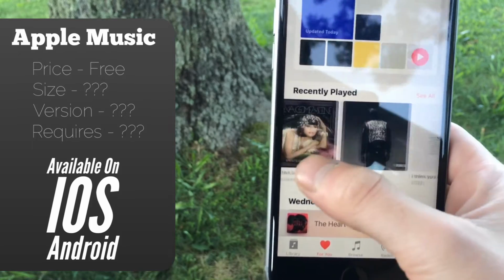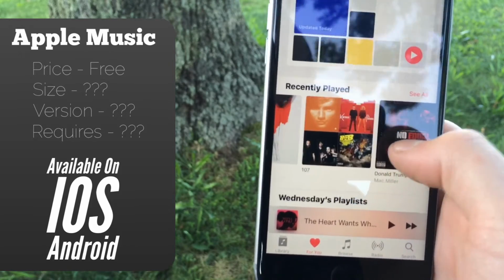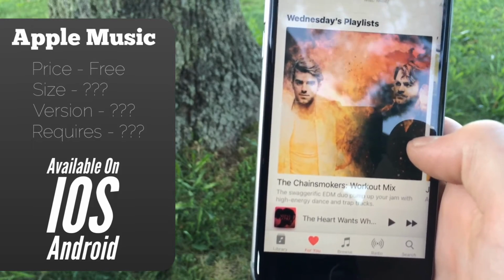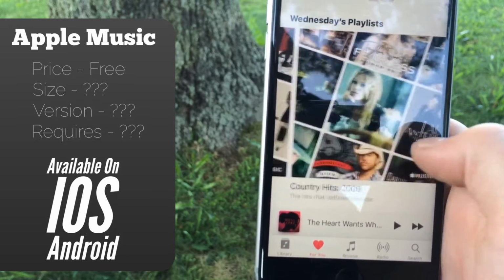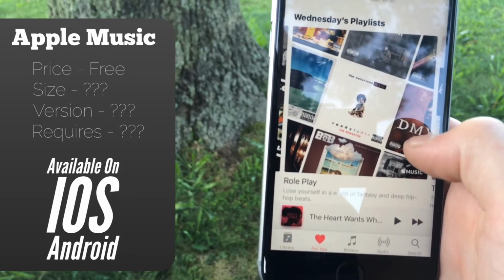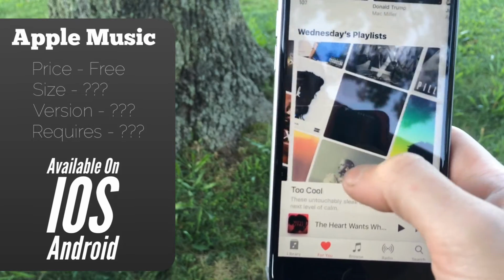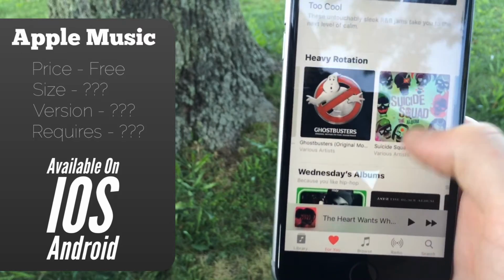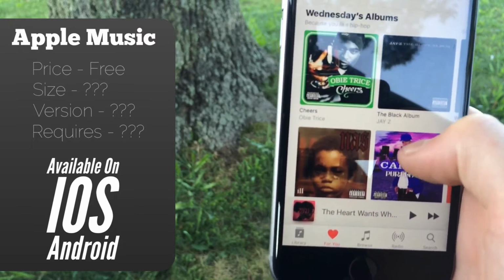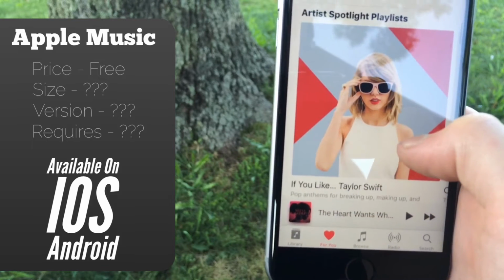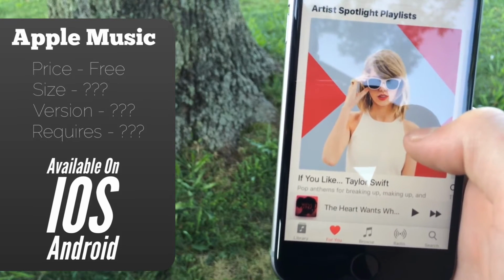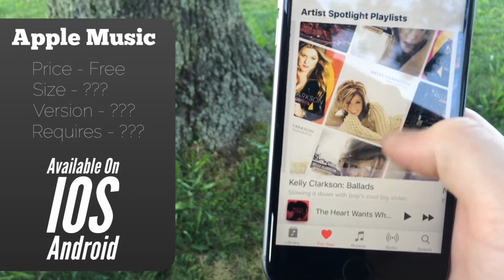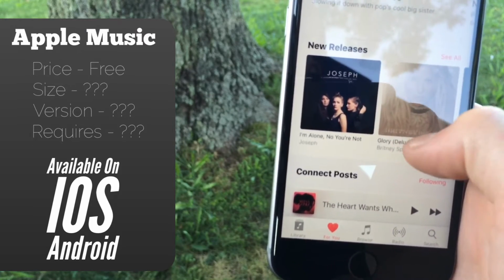Now down here you can get to things that you've recently played, which is really convenient, including playlists, as you can see. And then this is basically like what For You was before. You can get to your playlist for Wednesday or whatever day it is, and it'll just show you recommended playlists. You can go down, you can see heavy rotation, things you play frequently. Again, albums like you could get in Connect before, or For You, sorry. And then artists, spotlight playlists, just more playlists like that, but of specific artists, and then new releases, and then